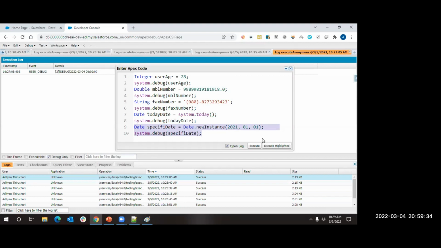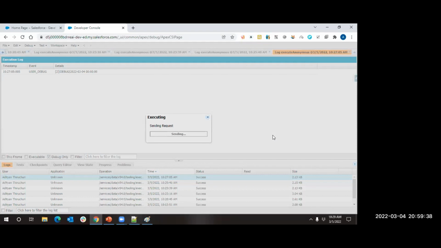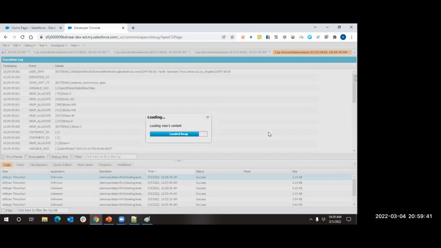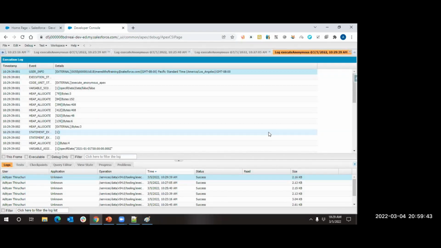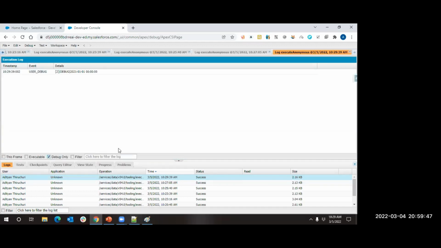So these are the errors that you will be getting while executing your program. If you are getting an error, it doesn't mean that you are a bad developer. It means that system is not able to really understand what you are trying to convey to it. So try to understand from the perspective of a system while writing your programs, and in that way you will be able to achieve the output that you are expecting. So if you see 2021 January 1st,